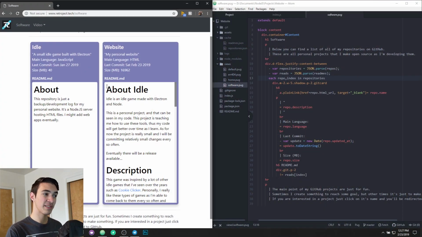One thing that happens is every once in a while my repositories get flipped. So this readme is in the wrong card, and I don't know why that happens. It doesn't happen all the time, but every time that my server pulls the information from GitHub, which is about once an hour I have it set up, every once in a while it'll flip the order of the readmes, and I think that's due to my lack of understanding of